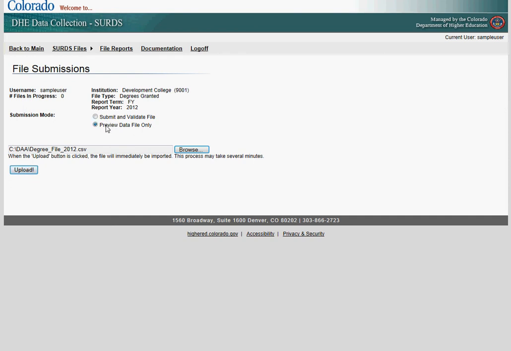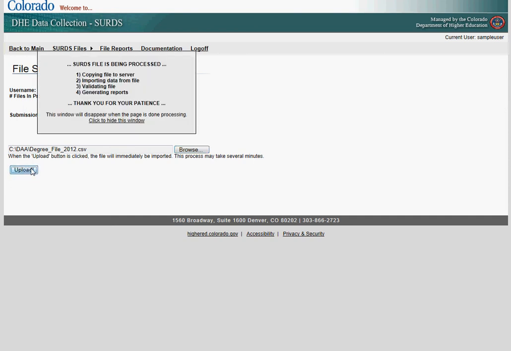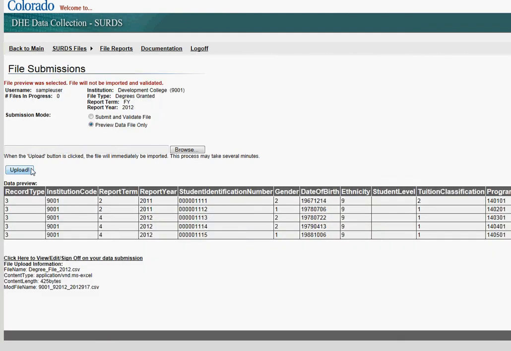I'm going to make sure that preview data is selected. I'm going to go ahead and click upload. I get my temporary processing window, and then when it comes back, note that I do get confirmation here at the top that the file preview was selected. The file will not be imported and validated,